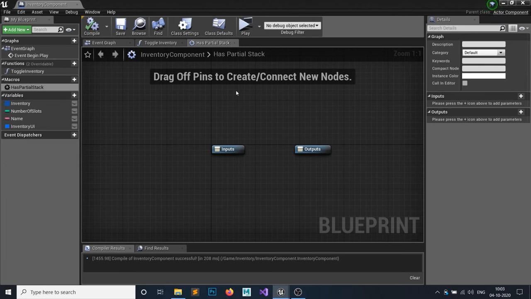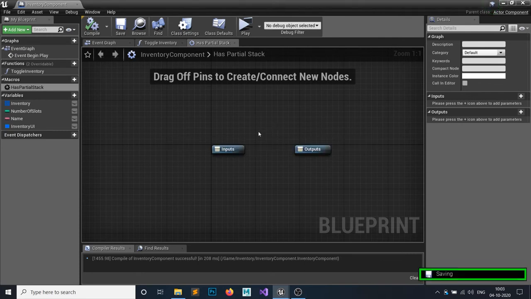So let's say you have two herbs in one slot and the maximum size is 3. If you pick up a new herb, it will go to the current slot, the partial stack. But if your stack is 3, then it is full, so it will create a new stack and the next herb would go to your next slot. So this is what we're gonna make.